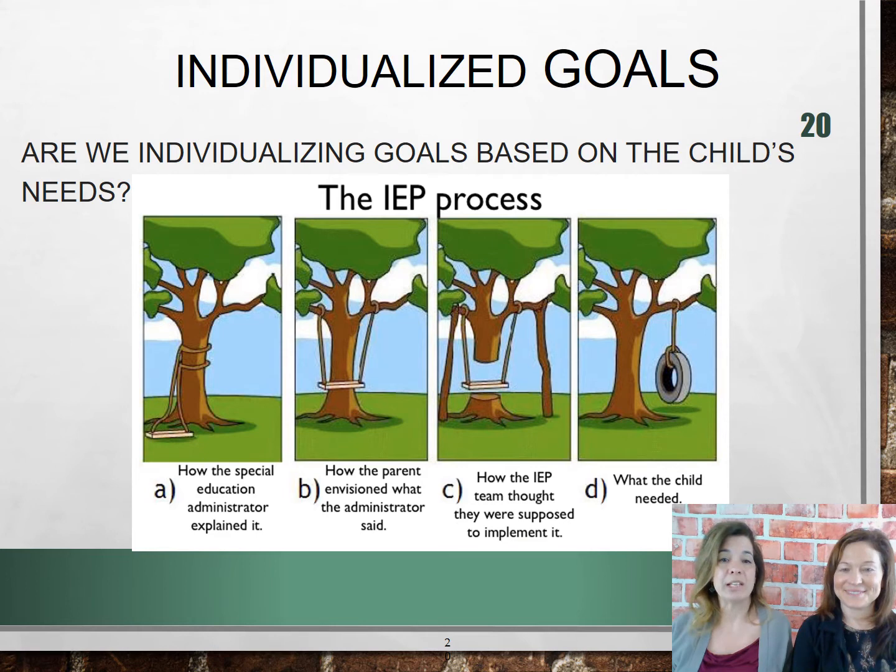We must individualize based on the child's specific needs. When we talk about this, we kind of laugh because really, quite often what we see is that we're trying to fit the kids into whatever program or structure in the school. But ideally, that structure needs to accommodate that child's specific needs. It's kind of hard. We've all been in this meeting with the slide is showing where everyone had their different agenda and vision. And sometimes, you know, we've lost track of what the child really needed. Right.